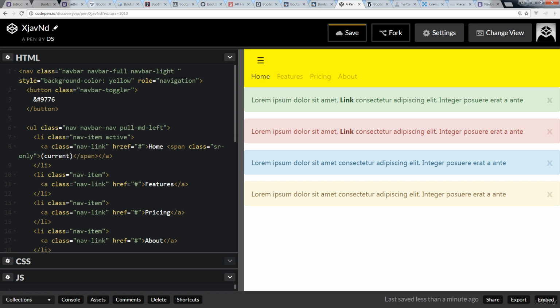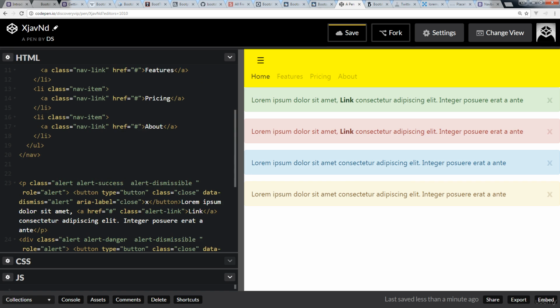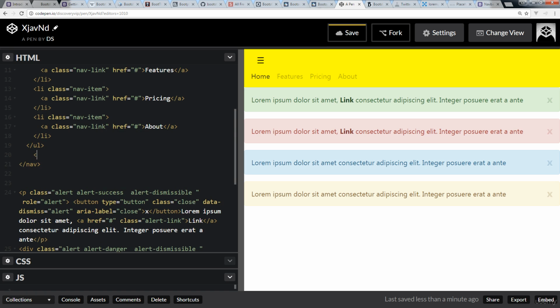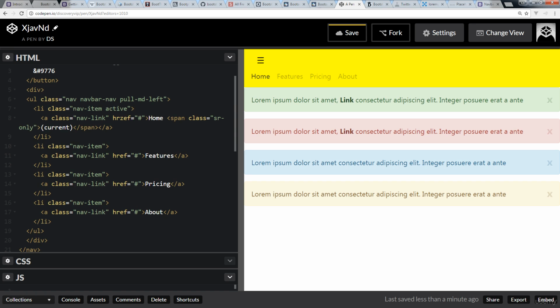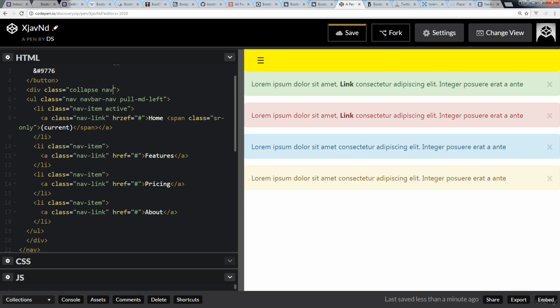So let's open this up and look at it. We need to have a way to differentiate what content we want to collapse when the different sizes of screens are available. So we want to collapse all of this content contained within this div, and within this div we need to apply some classes as well. So let's add in a collapse class, and again, built-in Bootstrap stuff. And this is a navbar toggleable,